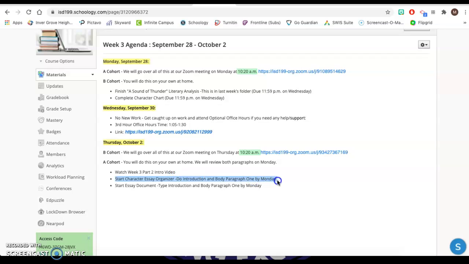essay. So what you're going to do is you are going to click on the essay organizer, which I will show you in just a minute here, and you are going to try to complete your introduction paragraph and your first body paragraph. So after you type it into your essay organizer, then what you're going to do is click on the essay document assignment, and you are going to copy and paste into that document. So really, you're trying to write your intro paragraph and your first body paragraph in your essay organizer, and then copy and paste it into your essay document,